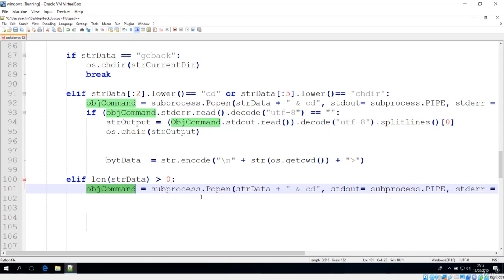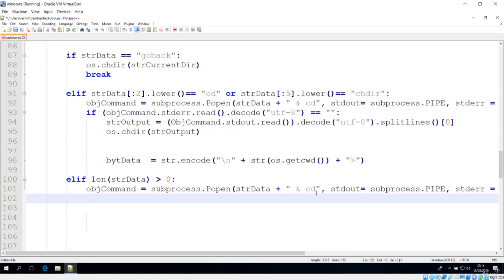So you can see that we have used this Popen process in order to execute this command in the form of a process, and we have just given here the cd. So instead of cd there should be the first data, and we'll just remove this cd because this is no longer the change directory command.